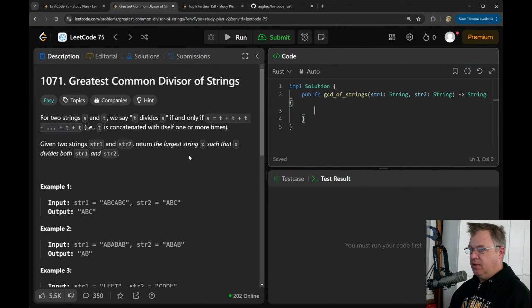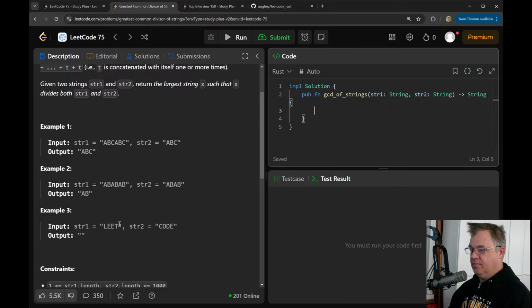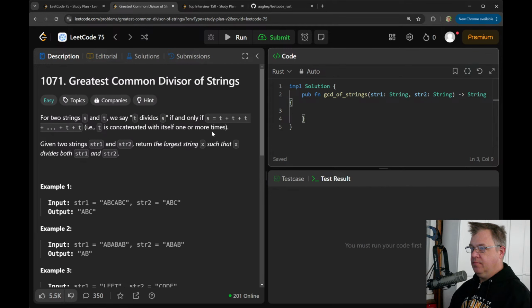Okay, so I believe we need to generate substrings and do a test between each two to see if it divides.